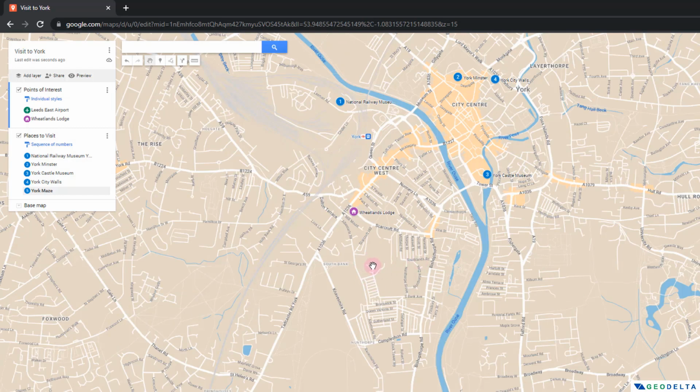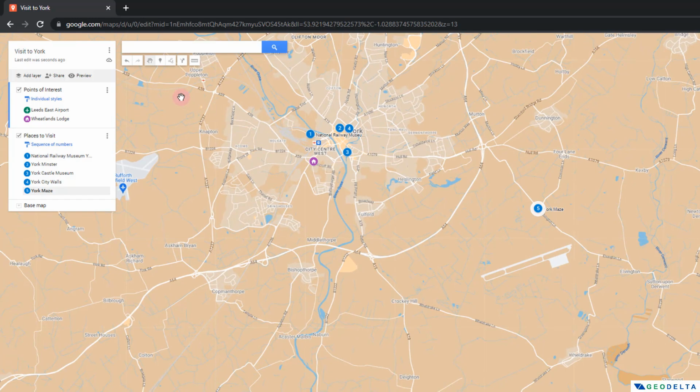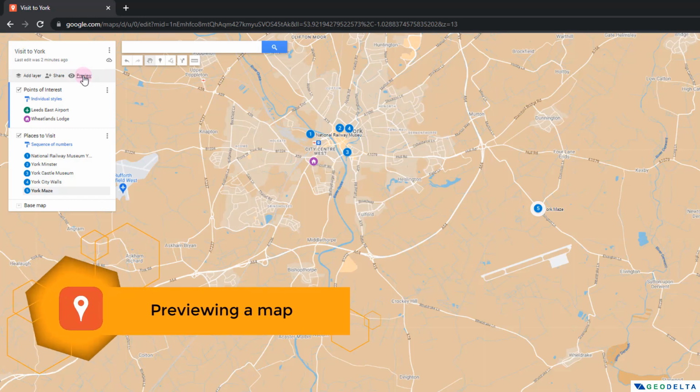And now what I'm going to do is a quick preview just to see how this map would look if we were to pass this map to somebody else, or even if we were to publish this map on our own website. When you're building a map like this step by step, I always recommend you preview your map a couple of times at least, just to make sure that everything is in order before you proceed to the next step. So to preview a map, all you have to do is click right over here,